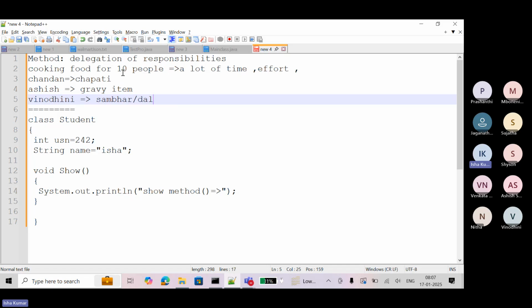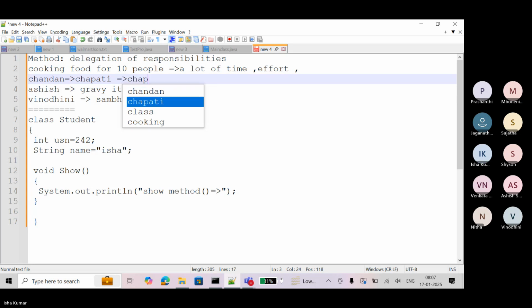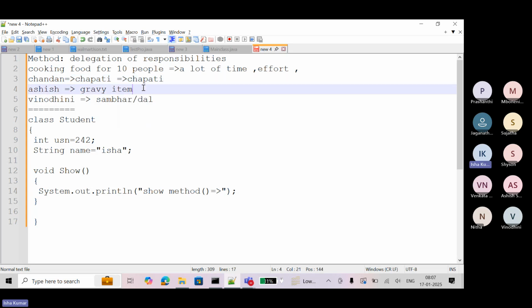So whenever you shout Chandan, Chandan will provide you chapati. If you shout Assis, it means gravy item, right? He will give it. Vinodini, sambar or dal, whatever. So if tomorrow 20 people or 30 people come, then you don't have to do all the things alone.